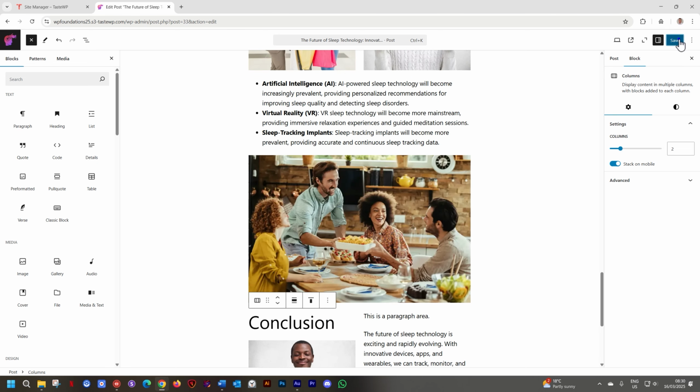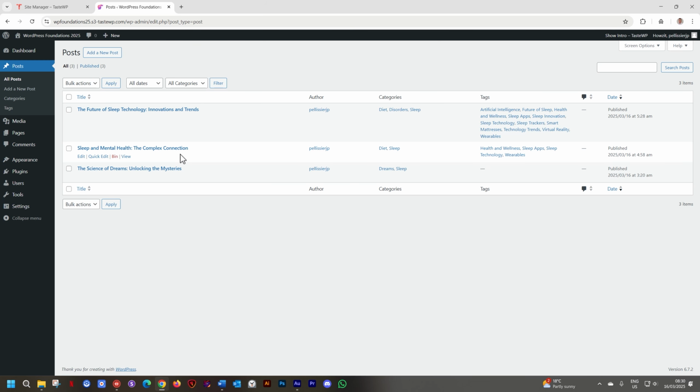We did a lot with posts. I saved this post, and now, here in the top left corner, previously it was the WordPress icon, but now it's my site icon that appears here. I'll click on it. Here are my posts. Let's just recap and marvel at the amazing posts we've created with Meta AI or whatever AI you are using.